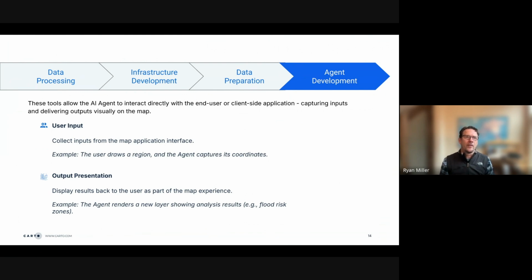These tools that the agent has access to allow you to capture input. They capture the inputs from the users and then present the outputs back to the users. So collect inputs, as we talked about, whether it's a region on a map, capturing pass-in coordinates, or passing an address, and it does some sort of geocoding.